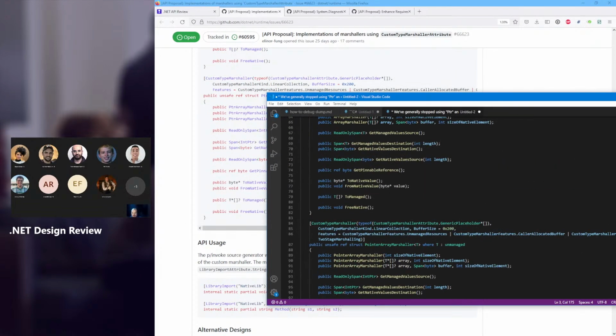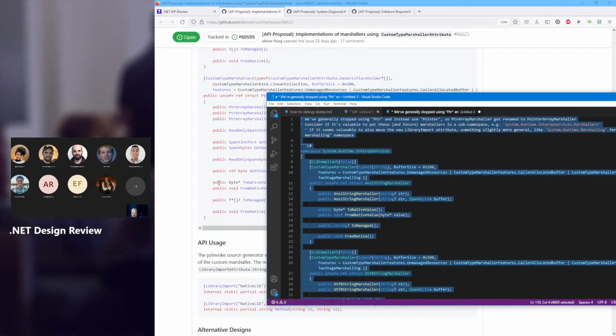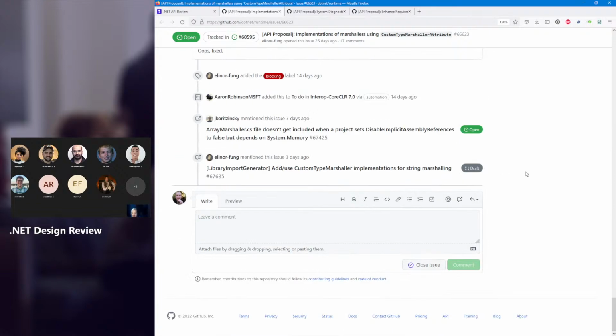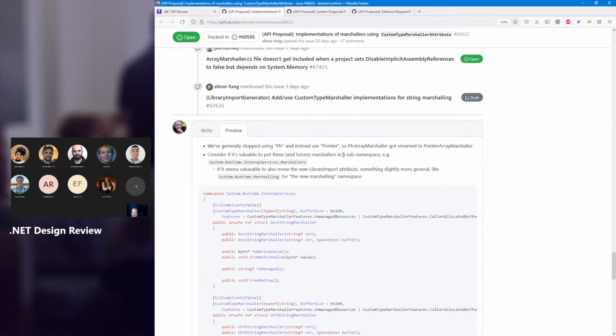So I put the notes. Oh, I guess I can show it from the browser instead of from here. My brain will wake up eventually. Right, so